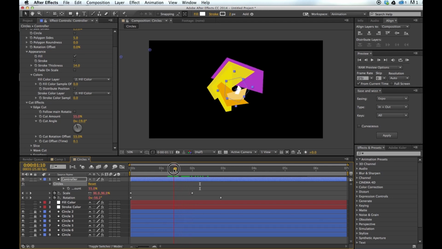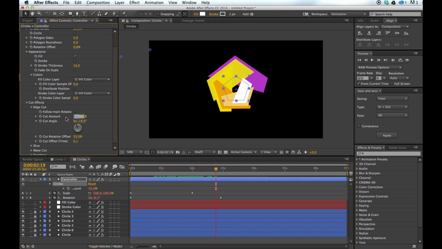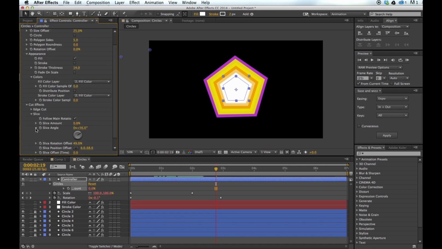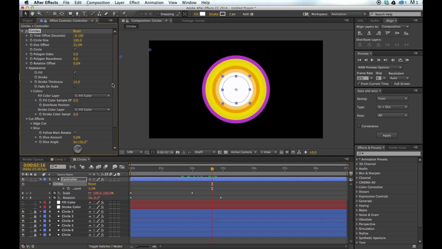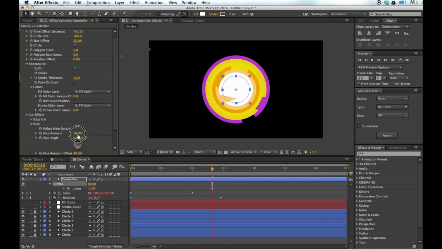So now we've just created a whole new looking thing very quickly. So let's have a look at the next effect. Next one we've got is slice, and follow main rotation set to 1 again. And what this is going to do make this a circle again. The cut cuts from one point to another, and the slice will,